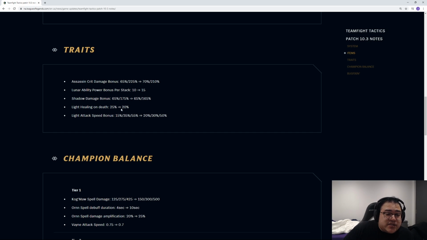Light healing on death got reduced, and light attack speed bonus got reduced on all levels except for 3. 3 light being better makes the value of stuff like Yorick. Remember when Summoner Sins was really popular? It was the best comp in the game, where you ran Azir with Yorick and Annie, and then you ran